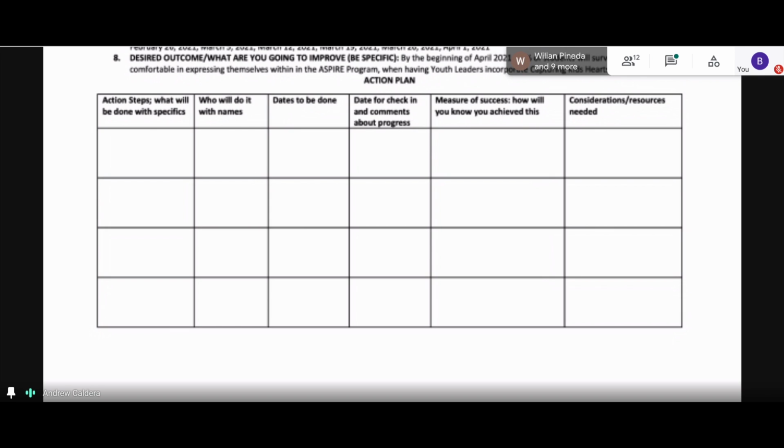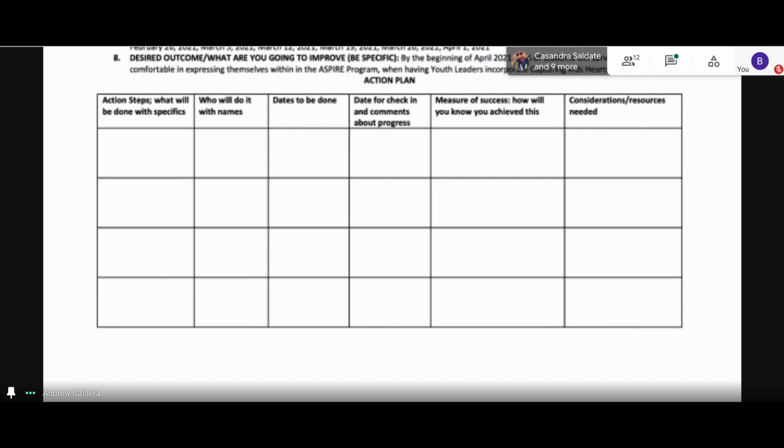Usually when we do a workshop, you have to do a lot of planning for that. But what is that first step you're going to need to take? What is it going to be for you guys to achieve this goal? Maybe promoting a workshop or a survey. Yeah, definitely. If you want to do a workshop, you would have to do that promotion.